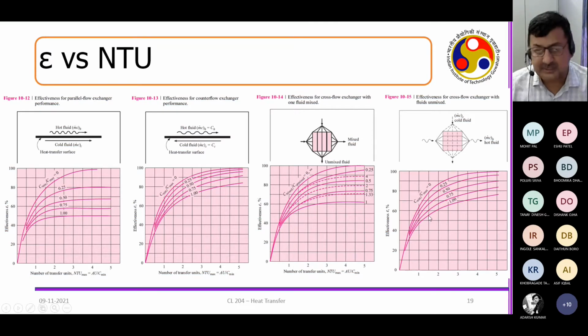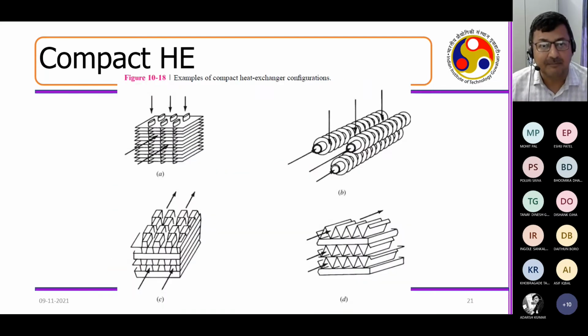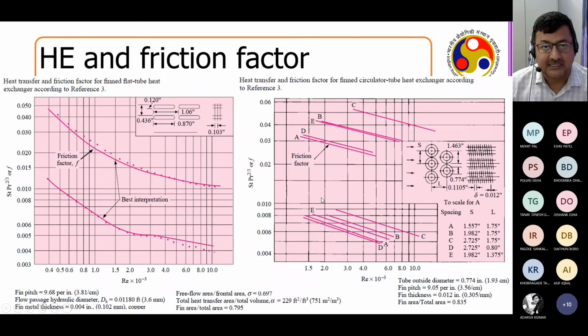All the plots suggest the same thing. These are for different passes and all. Just go through them. Right. Now, the most recent heat exchangers are called compact heat exchangers. Right. You can see these are the tubings through which the fluid is going, and these are the annulus through which the other fluid is going, and they are all finned, high surface area corrugated surfaces, right? They are used extensively in aircraft, ship hulls, and all the places where a huge amount of heat transfer is necessary.